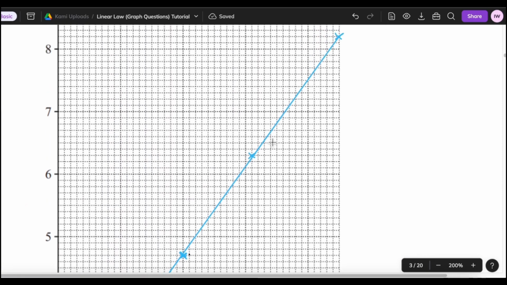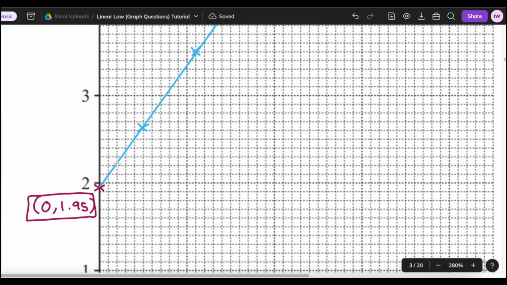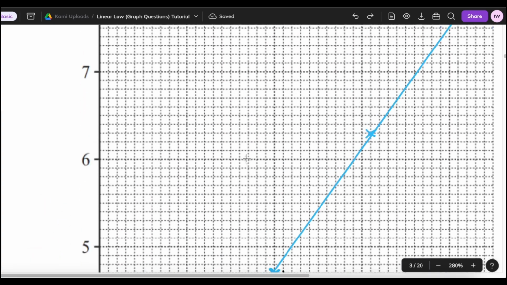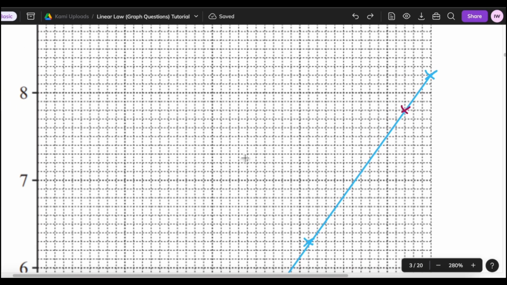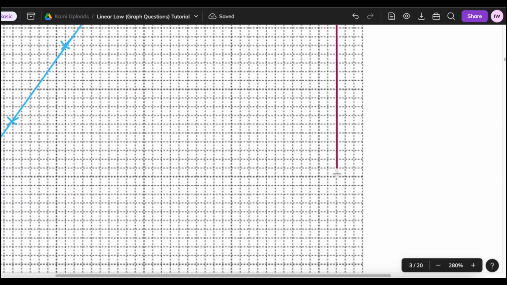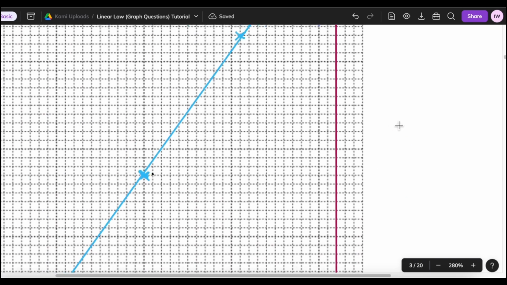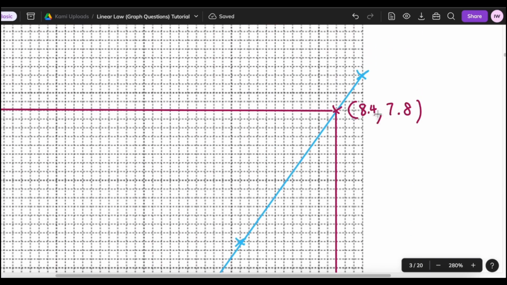And I'm going to take one of the points up here. Really, you can take any one, but I like to take one that's on the line pretty nicely, and that's pretty far apart. You don't want to take 2 points that are super close to each other, because they can make the value really skewed. If you take points that are further apart, you are less likely to get a wrong calculation. I'm going to take this red point up here, and I'll measure it all the way here. This is roughly 7.8. So I know that the y coordinate is 7.8. And if I measure it down, as you can see here, this is 8.2 and this is 8.4. So I have the coordinates 8.4, 7.8, as well as the